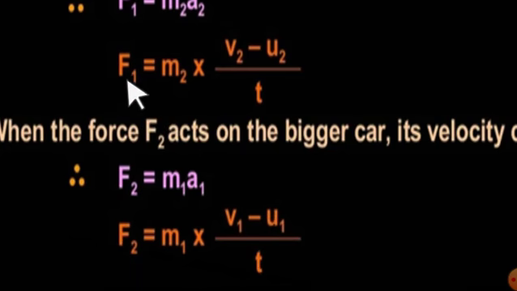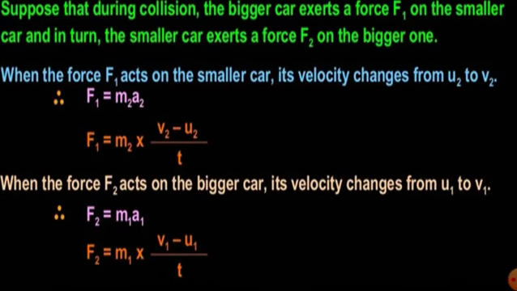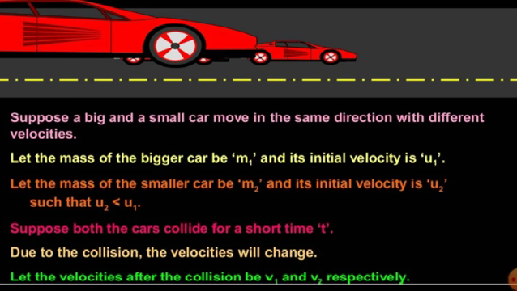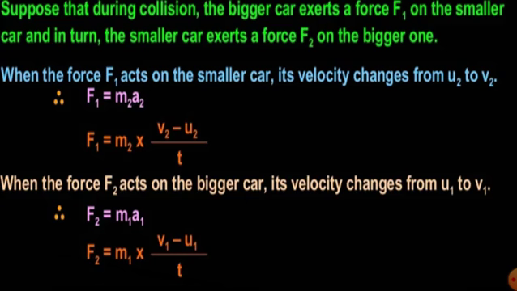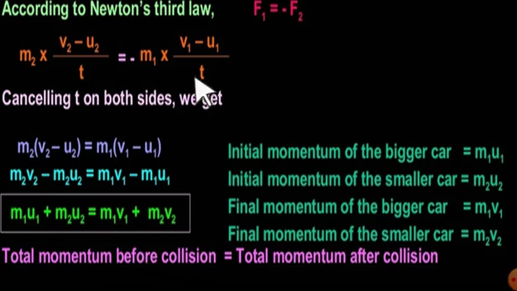So if these two forces, one is action and the other is reaction, by Newton's third law we know that action and reaction are equal and opposite. These forces are all vector quantities, okay? Action and reaction are equal and opposite. If the two forces are equal in magnitude and opposite in direction, then we generally write that F1 is equal to minus of F2, like that. Got it? So let's see in the next slide.